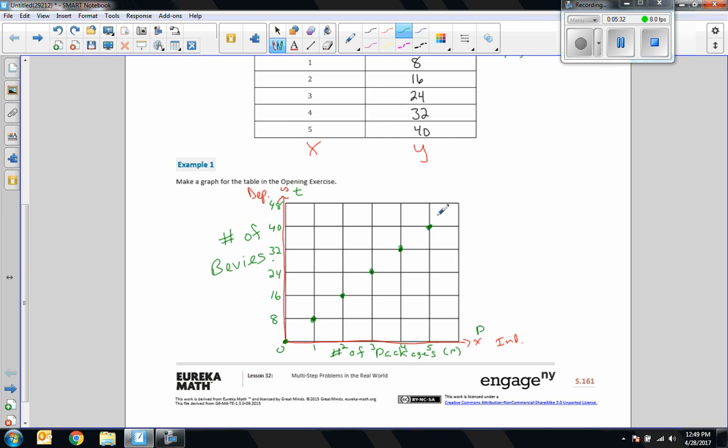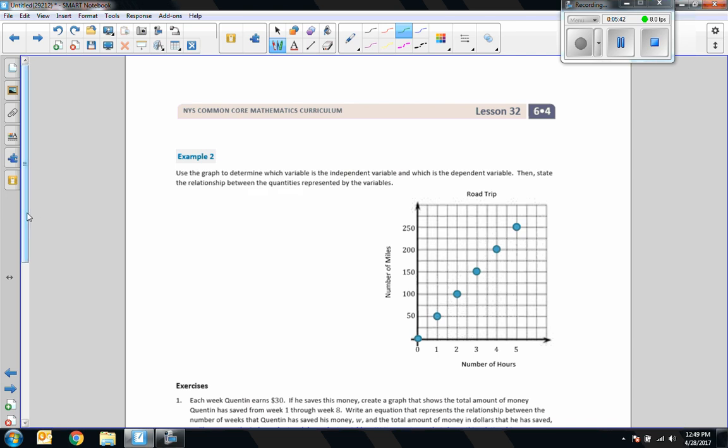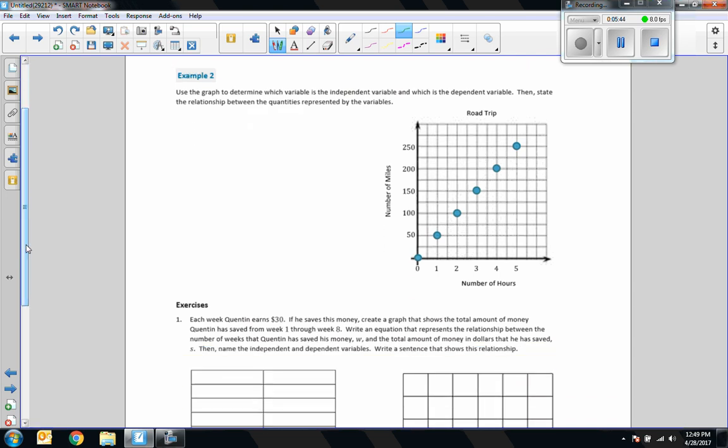We do not draw a line through these, because can we have half of a package? Probably not. So we're not going to worry about the in-between values. Okay, example 2. Now they're giving us a graph, and it says use the graph to determine which variable is